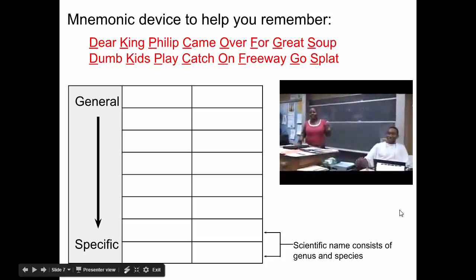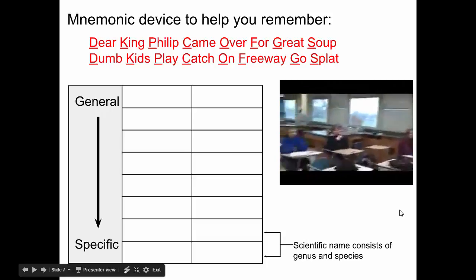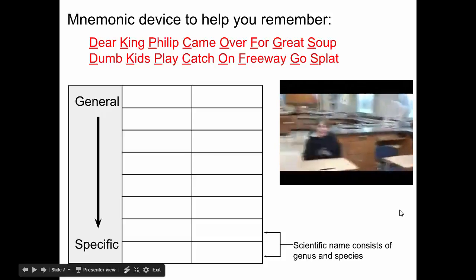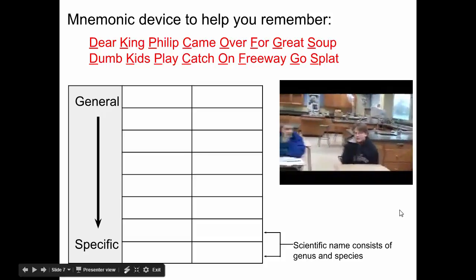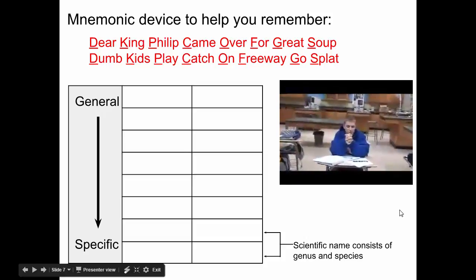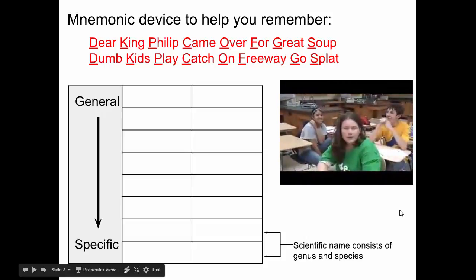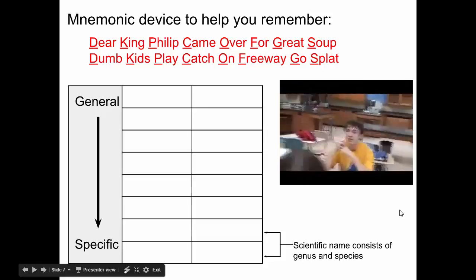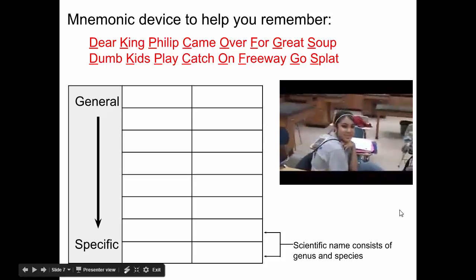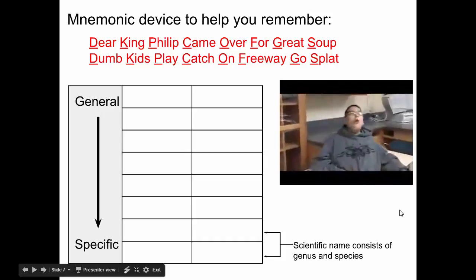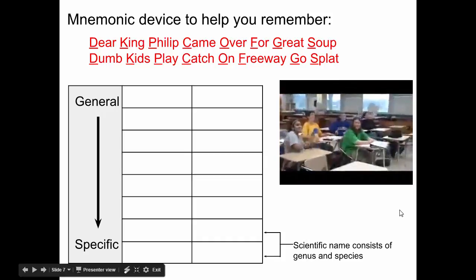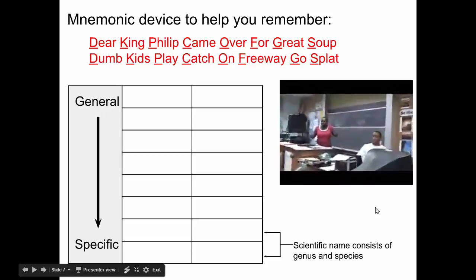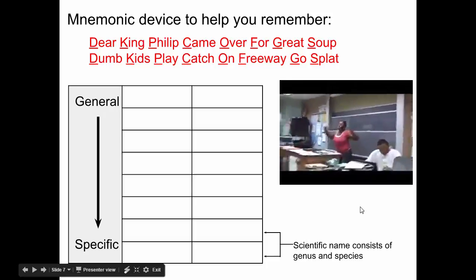Kingdom, phylum, class, order, family, genus, species. (repeated)